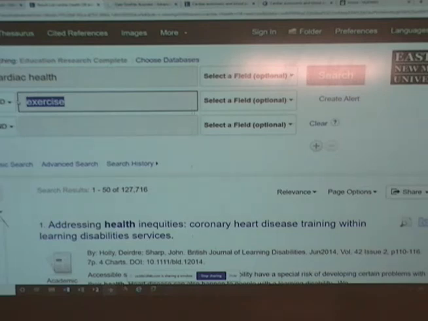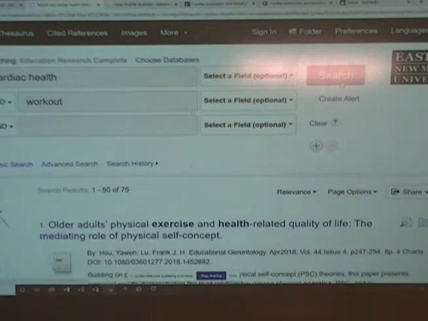So instead of exercise, I'm just going to do workout. Notice I put it back on AND. Interestingly, when I did cardiac health and exercise, I had 1,400 results. But when I changed one of my keywords to workout, I only have 75 results. So it's worth doing